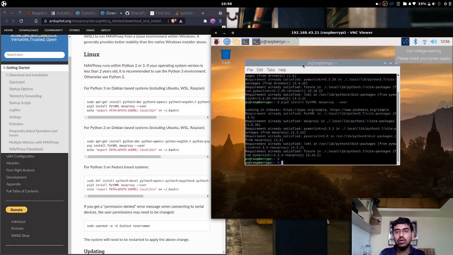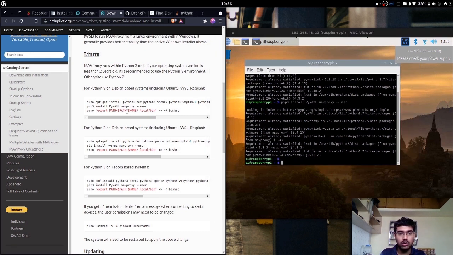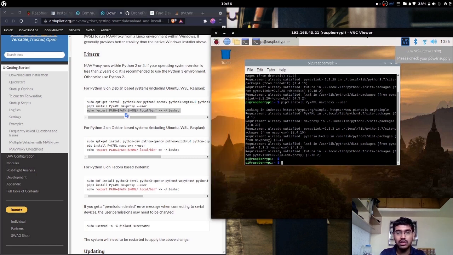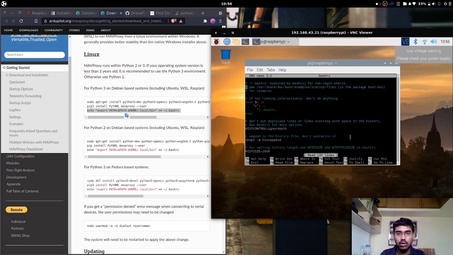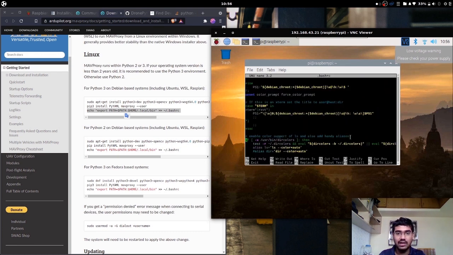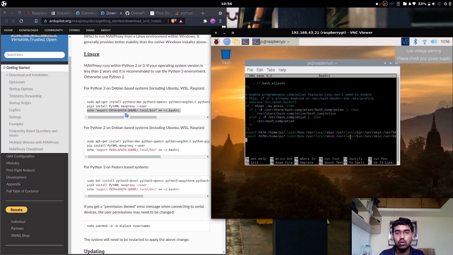Instead of sourcing that path every time, you can export it once and store it in your bashrc file. With this terminal command, I'm storing that into my bashrc file. The other way you can do it is to type sudo nano .bashrc, open that file, and export everything you want to be loaded in your terminal.